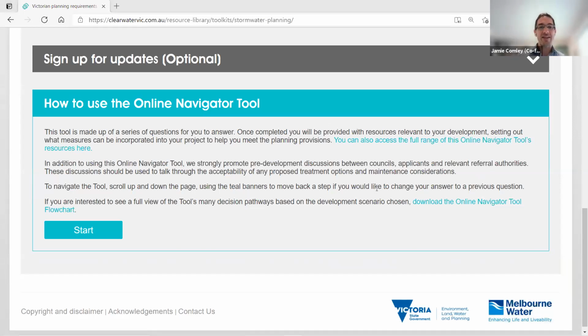And you can see here instructions on how to use the tool to identify the stormwater management requirements for your particular development. Whilst the tool aims to point people in the right direction, as I mentioned before, we also strongly encourage applicants to discuss specific planning requirements with their relevant council before commencing their application, as it may identify additional or more specific requirements that should be met. So the tool itself is accessed by clicking on the Start button, and I'll quickly run through an example of